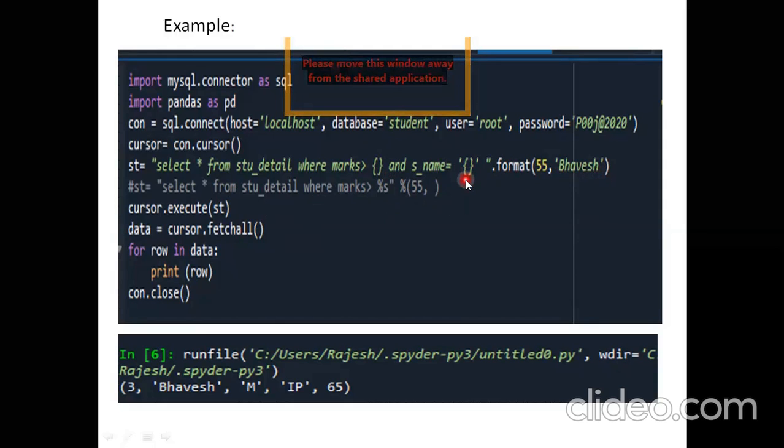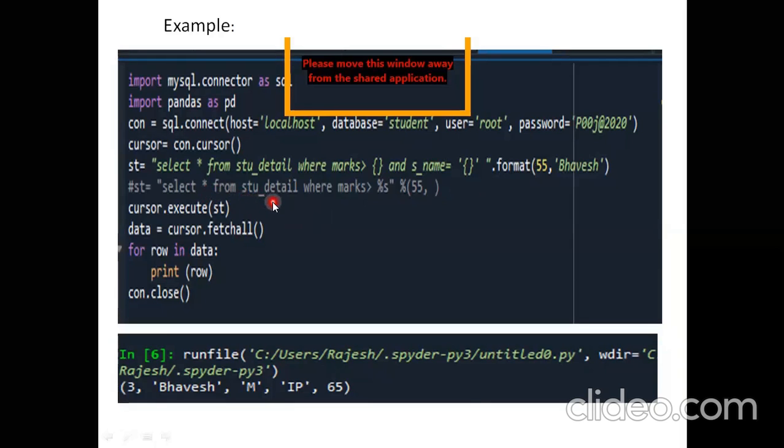Again, we can see that with the empty brackets there are quotes. Why? Because we are passing a string value, it should be in quotes. So to differentiate that we are passing a string value, it should be in quotes, whereas if you are using numbers, it should be without quotes. So this is the way you do your new styling. Whereas the old styling is also here.